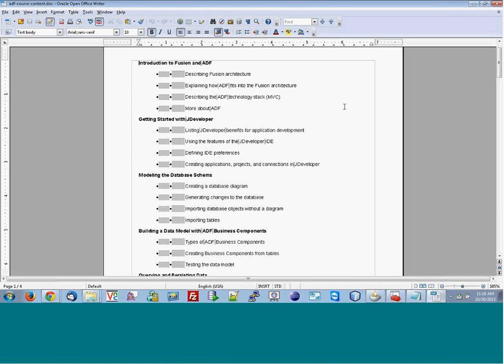I'll be teaching you Oracle ADF. Oracle ADF is basically a part of Fusion middleware. ADF stands for Application Development Framework, and it's part of Fusion middleware, through which we can develop mobile applications,